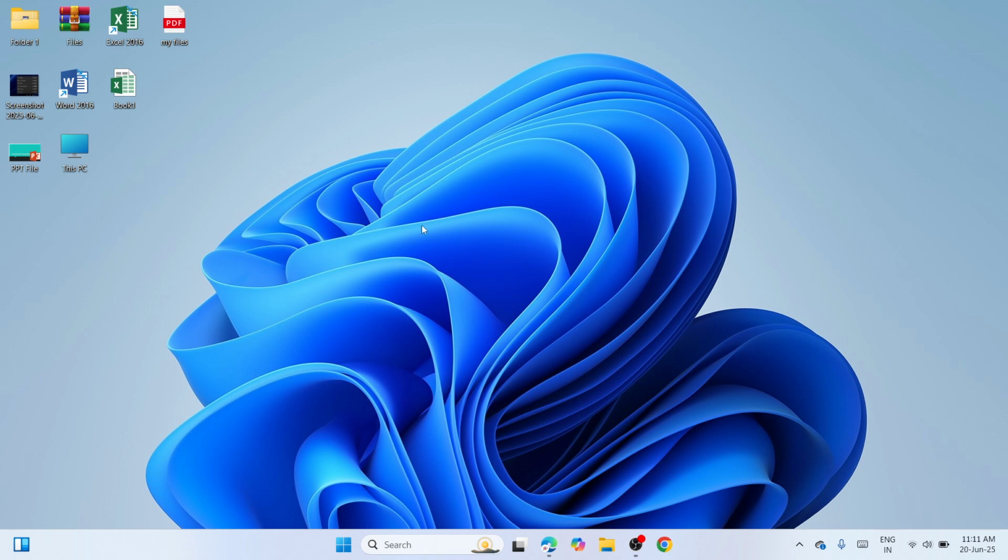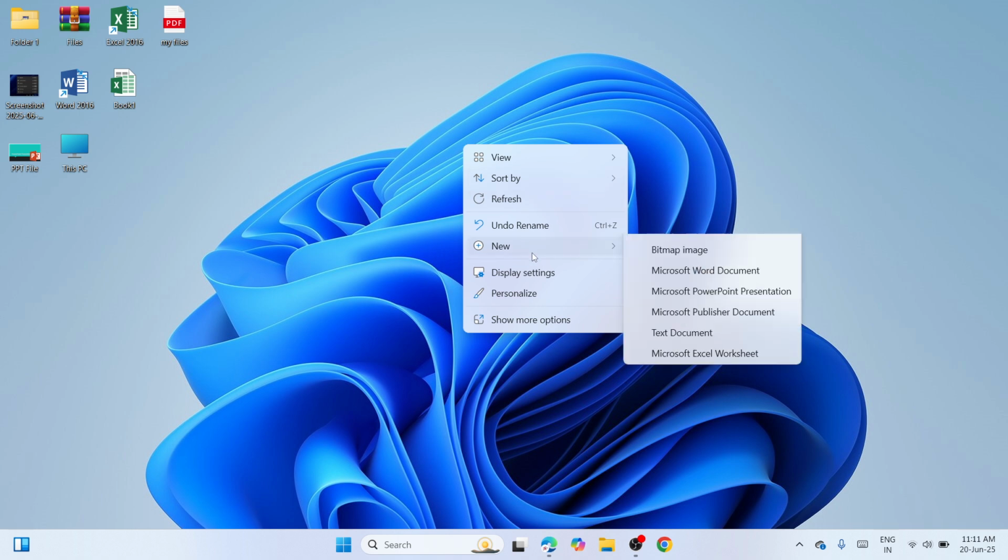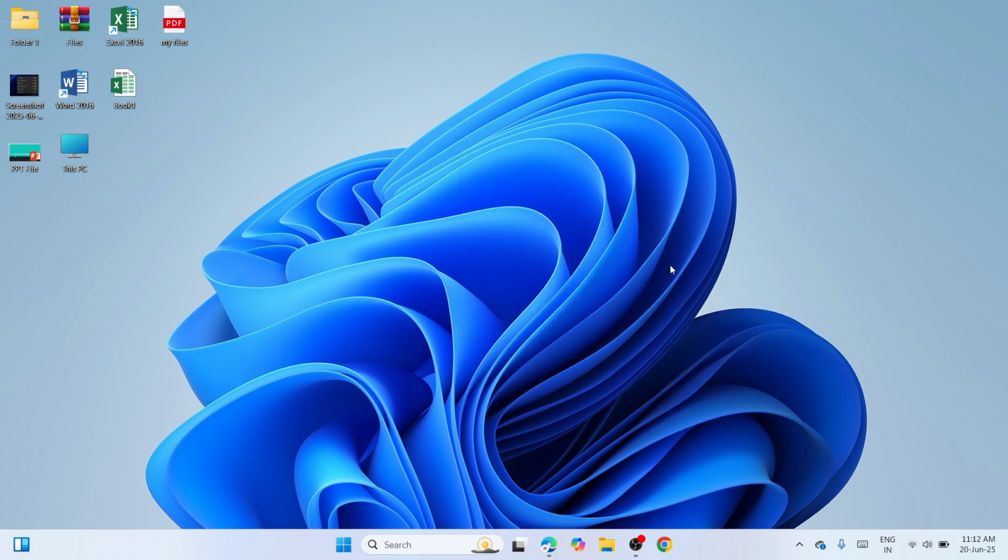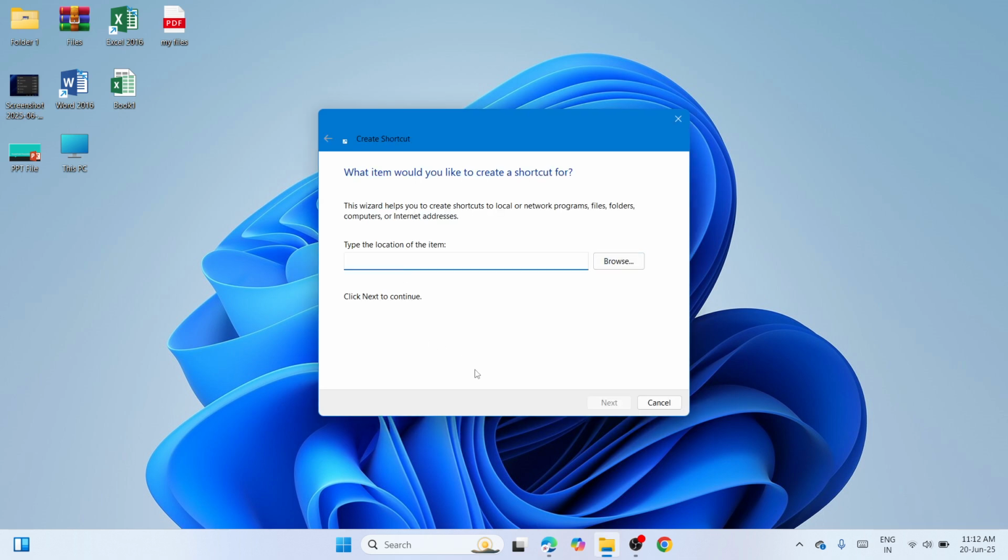So first things first, you need to navigate to the desktop where no specific shortcuts or icons are selected. Here at the blank space, make a right click, then proceed to New and then Shortcut. In this new window where it asks you to type the location of the item, you need to paste the first command, which is the slide